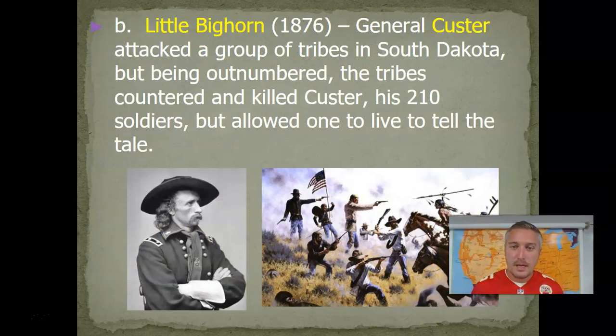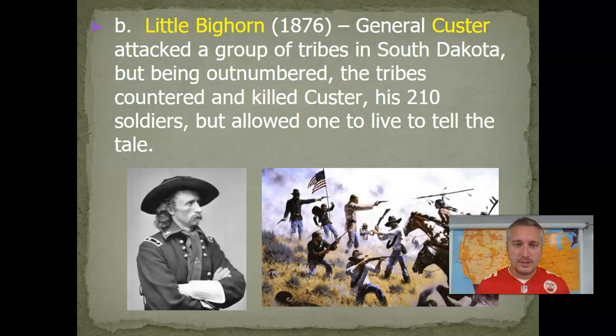We're all familiar with Little Bighorn, probably. You've probably heard the story, maybe. 1876, so about some decades later. General Custer, man on the bottom left. First of all, Custer is a very interesting character. He was a Civil War veteran. He had been at Gettysburg. But, man, he was a little bit different. You'll notice his attire. Most soldiers did not dress with these long white gloves or this scarf. He was just a little bit different, and I think that played into his actions that day. Very prideful, frankly.